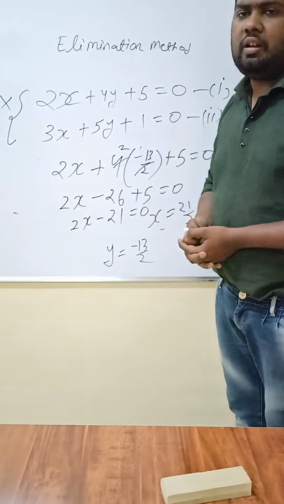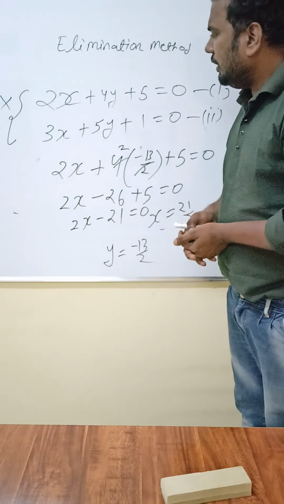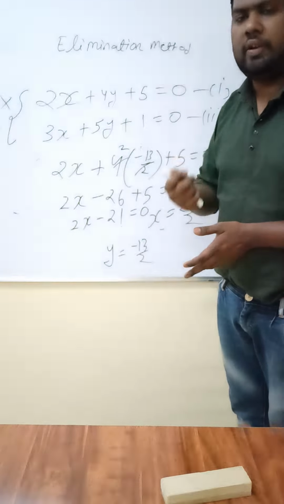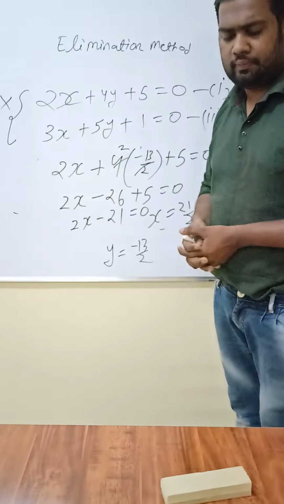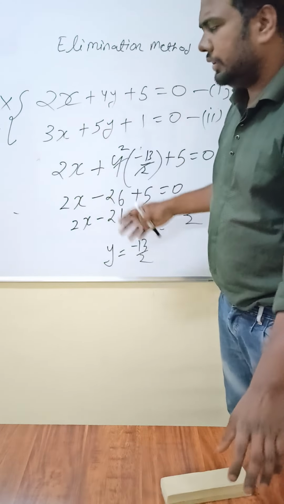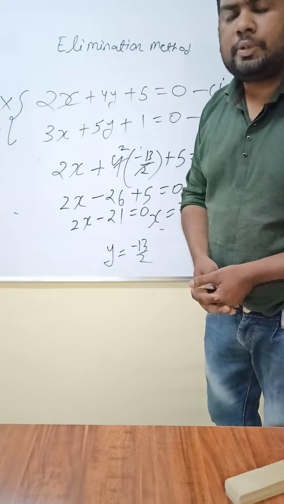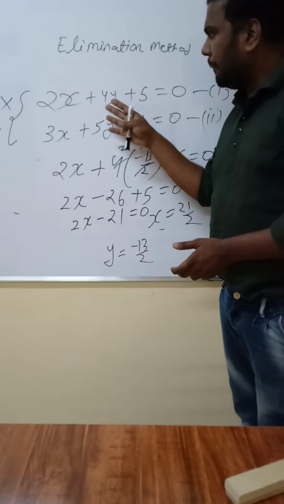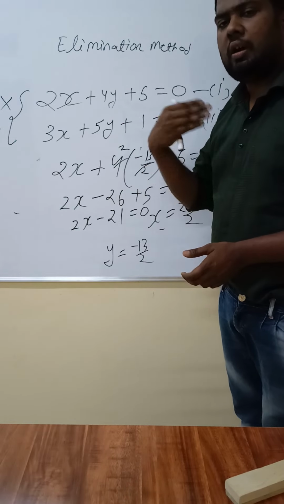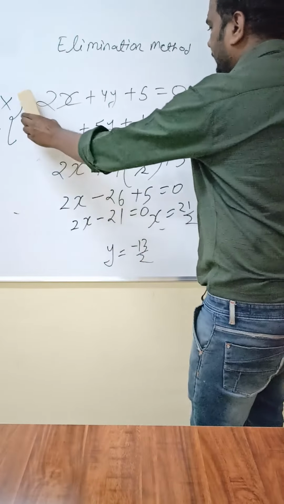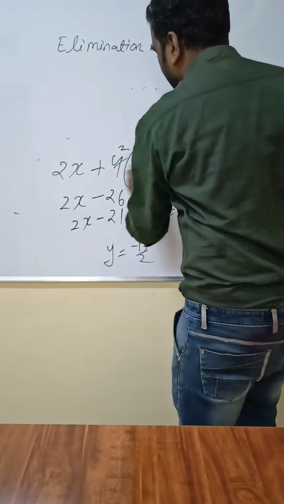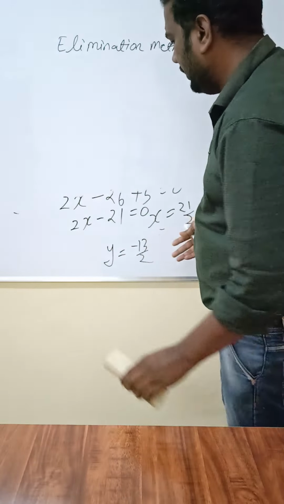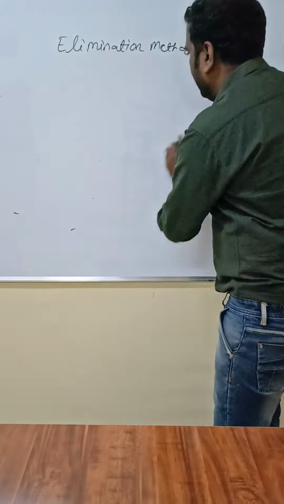Students, what is linear equation? Linear equation means representation of variables x and y in one equation. It's called linear equation. So this is called elimination method. Now we will discuss substitution method. So in substitution method, we put value of x into another equation. So with the help of this example, we understood clearly how to apply substitution method.